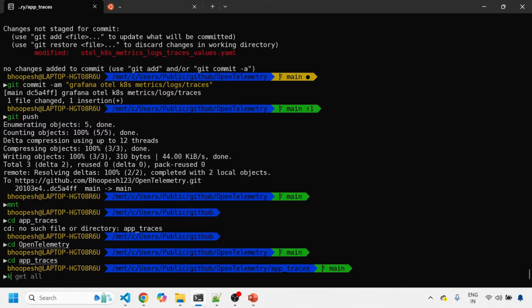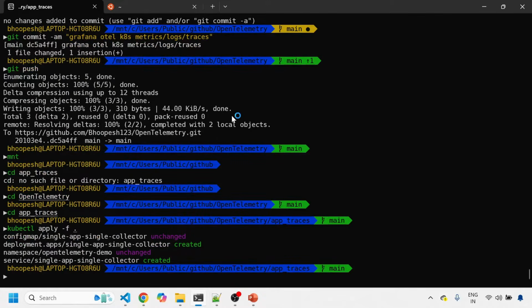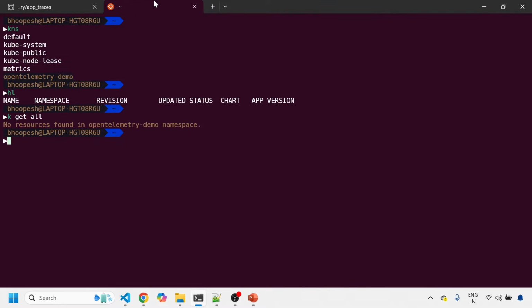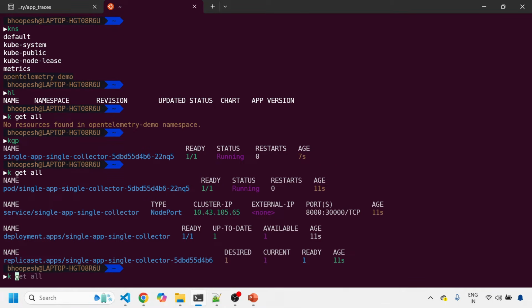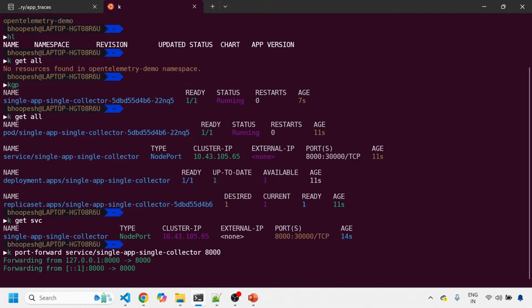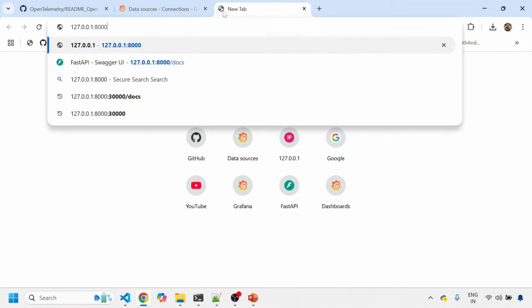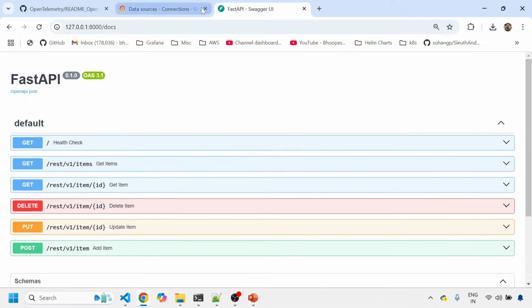So I'll simply say kubectl apply -f, and then simply I'll run it. So it will apply all the application-related stuff, and I should get my application running. So k get all, k get svc, and port-forward. This is my application, and it should open, and it should be up and running. Okay, my application is running